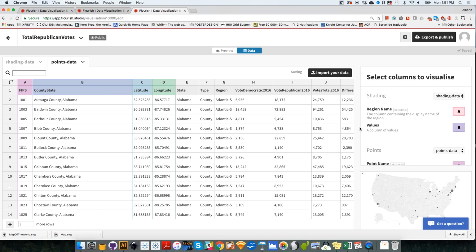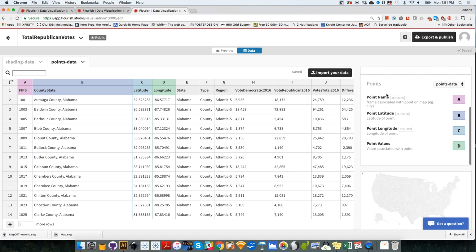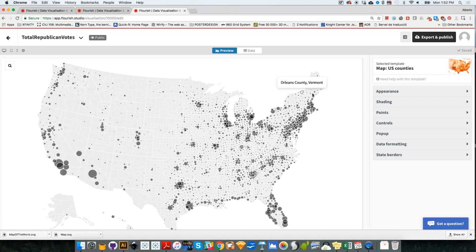I'm going to select the columns. I need to select the columns not on the shading area here, but on the points area. So I'm going to scroll down, points. Point name will be the name of the county, so that should be column B. Point latitude is in column C. Then point longitude is column D. And then the point values, what I want to show is the total number of Republican votes, which will be column I. So I need to select I and click on return. And when I go back, I will get that